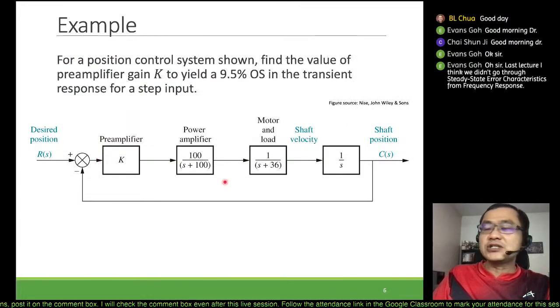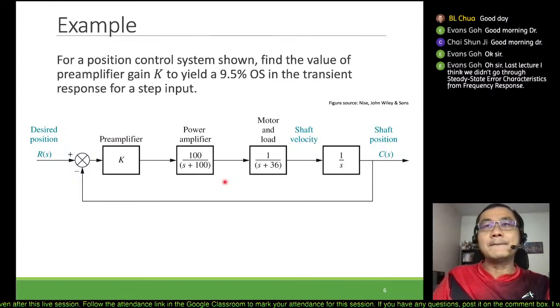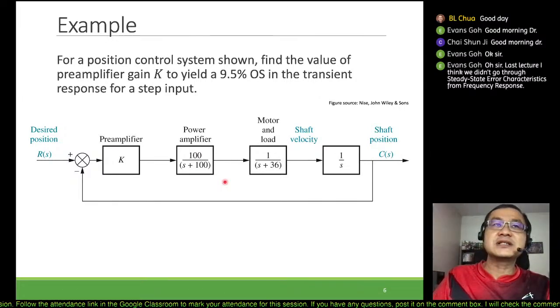So we go through these examples before we move to the real compensator, related to